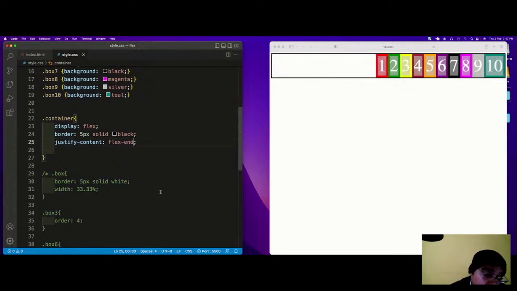You can see now. By default, as I've told you, display flex means everything will get aligned in a row. So now things are moving in a row axis. Row axis means from left to right. So you can see here,